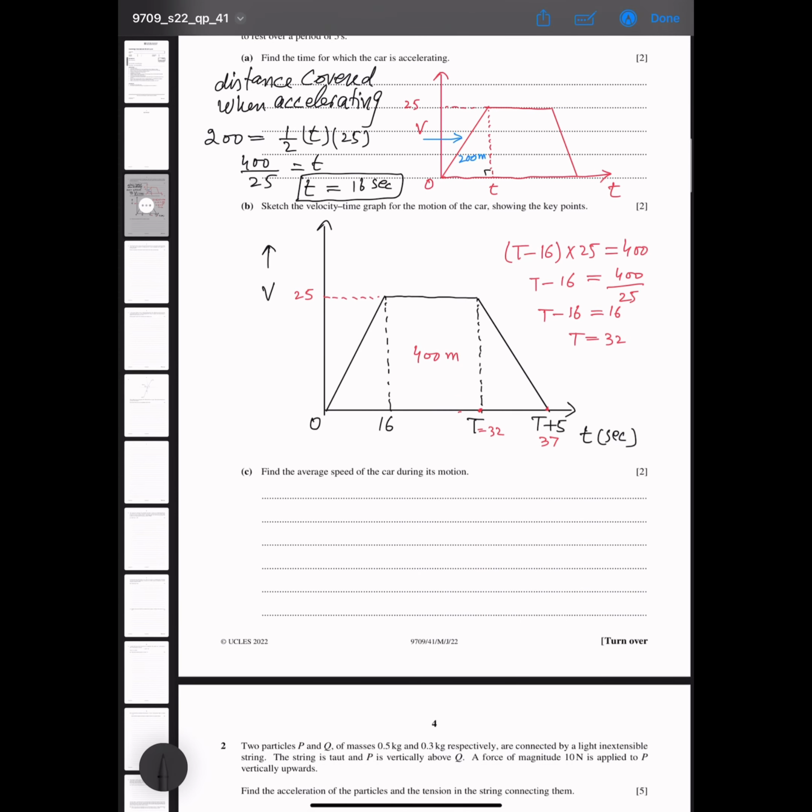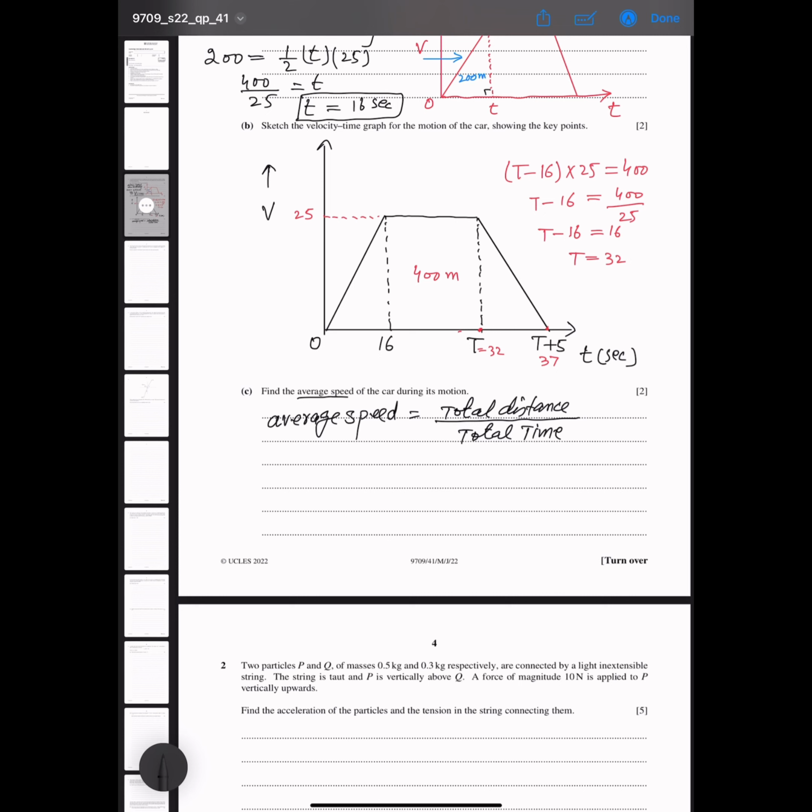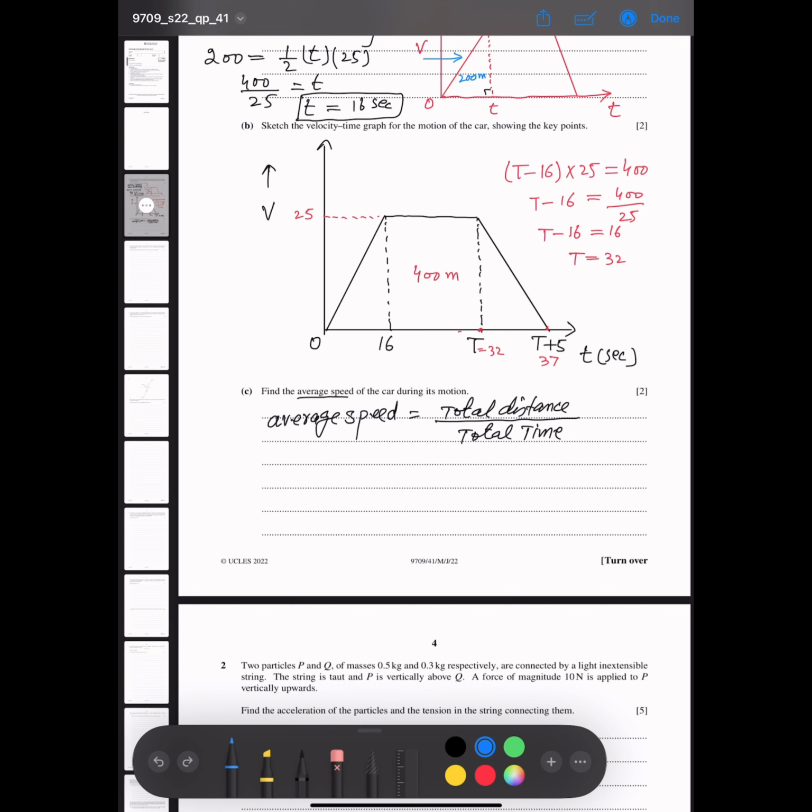Now next part of this question is find the average speed of the car during its motion. एवरेज स्पीड का फार्मूला होता है एवरेज स्पीड टोटल डिस्टेंस ओवर टोटल टाइम। टोटल डिस्टेंस कवर्ड ओवर टोटल टाइम। टोटल डिस्टेंस हमारे पास इस ट्रेपीजियम का एरिया हम फाइंड करेंगे, वो टोटल डिस्टेंस आ जाएगा हमारे पास। टोटल टाइम हमारे पास 37 सेकेंड है। तो सो एरिया ऑफ दिस ट्रेपीजियम, डायग्राम में देख रहे हैं आप, ये एक ट्रेपीजियम बन रहा है। तो इस ट्रेपीजियम का एरिया हमने फाइंड करना है।